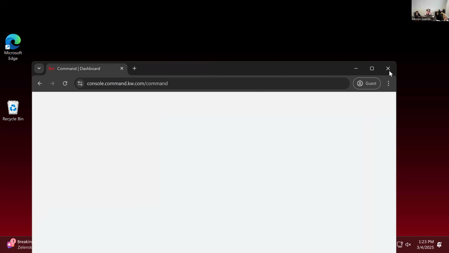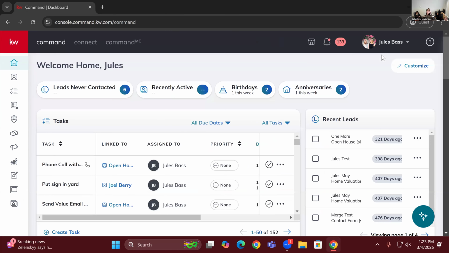Okay. So I'm sorry, I kind of tangent a little bit, because I was trying to go through the process of finding, adding a new contact on the go. So back to my phone on the Command app. If we're meeting a new contact on the go, in the Command app, if we click that plus icon and add contact, we would want to at least have a name and maybe their email and phone number.